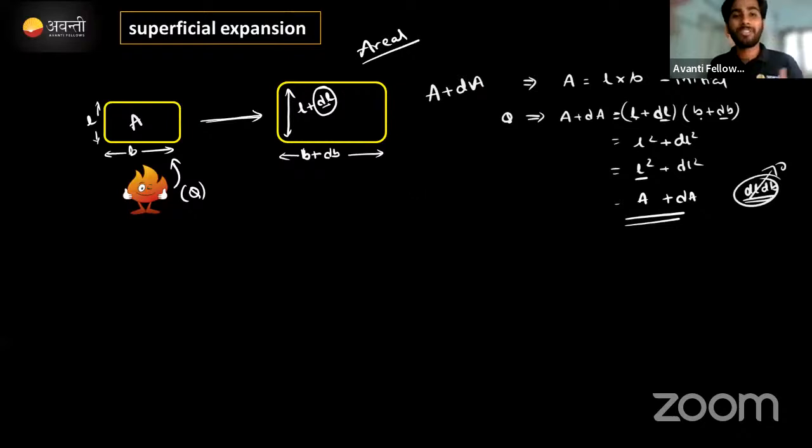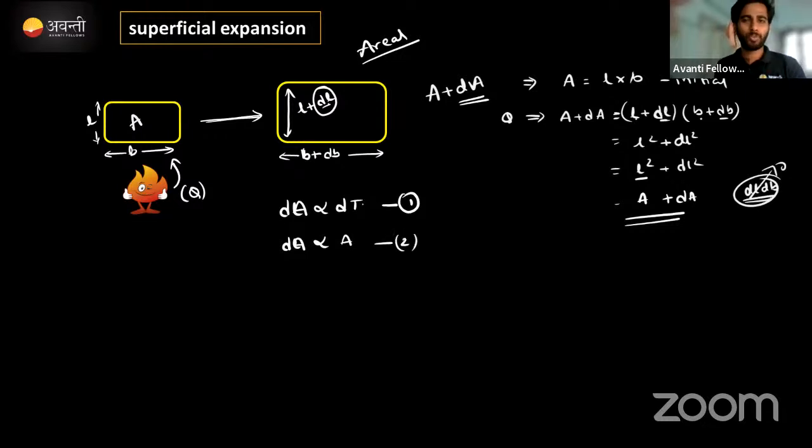Now we need to actually find out the coefficient of expansion of area. Okay, areal coefficient we need to find out. Here change in area है ना, actually देखो इधर change in area is actually proportional to same what we discussed in our length. Here also we'll write the same thing. First one, change in temperature, nothing but dt, right? And again this change in area, okay, change in area again it is proportional to initial area. ये दोनों के ऊपर डिपेंड होता है. I will call this equation number 1, I will call this equation number 2. Clear है ना